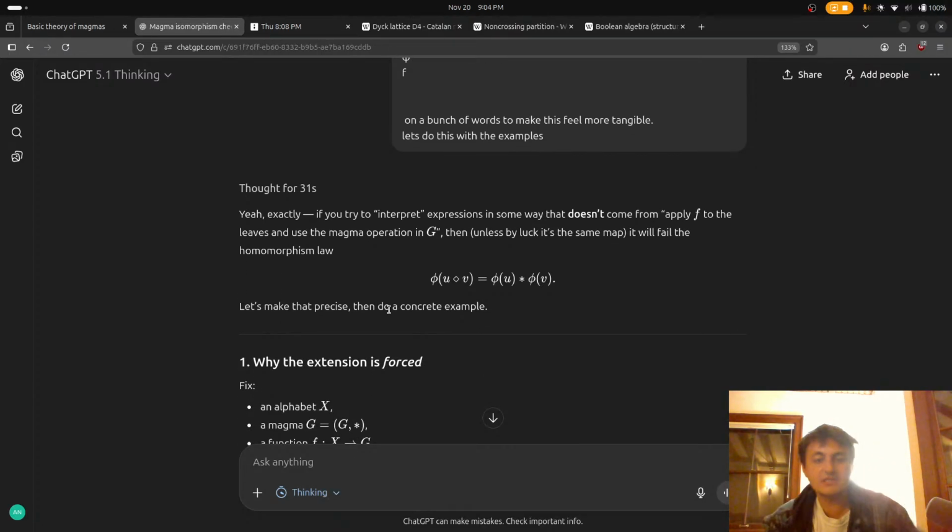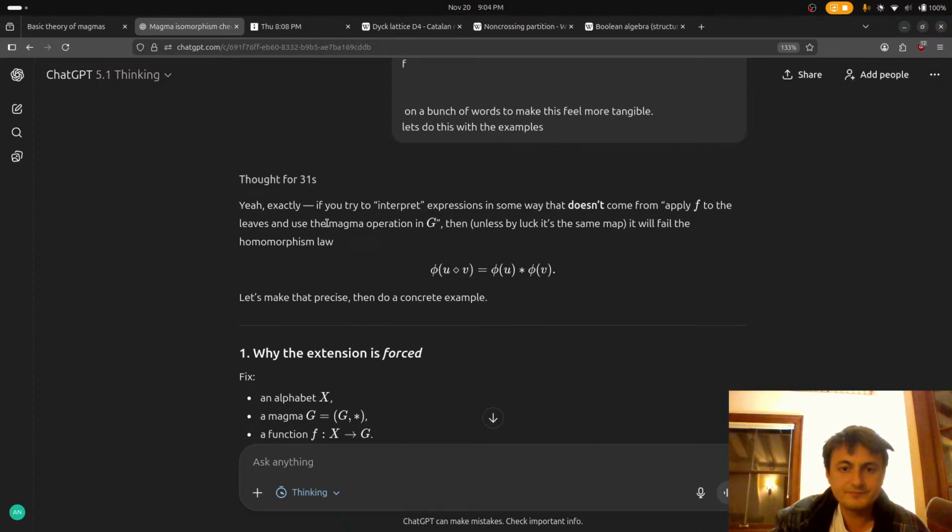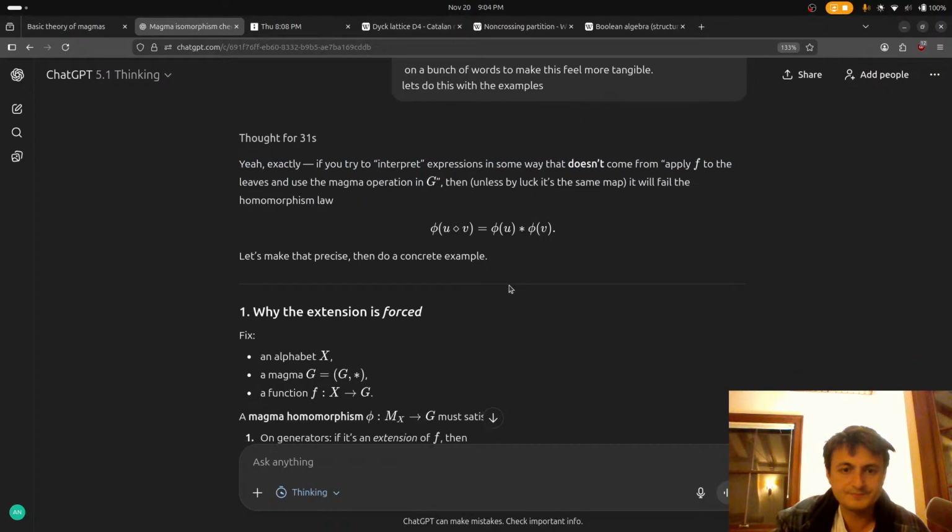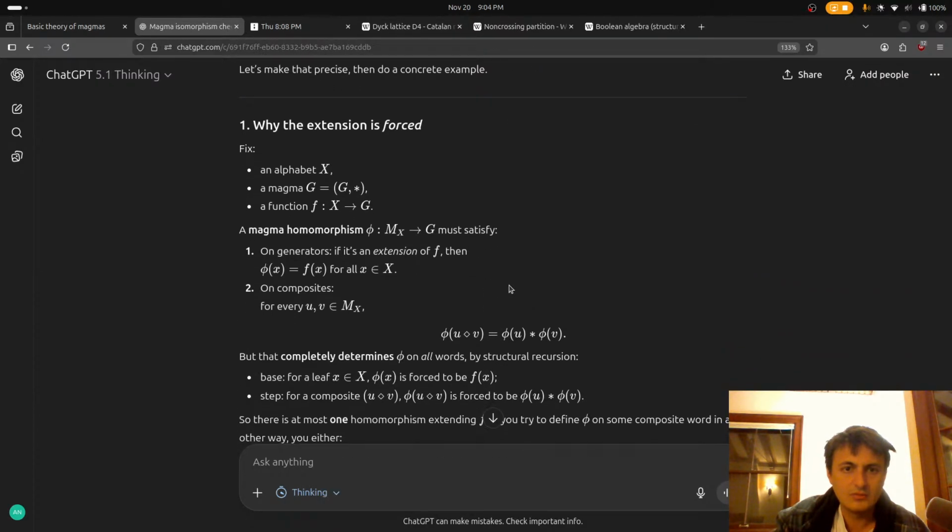Let's make that precise. Unless by luck it's the same map, it will fail the homomorphism law. Why the extension is forced.